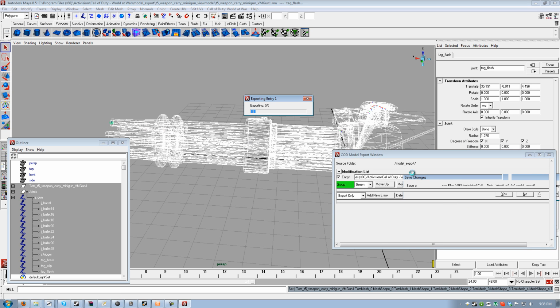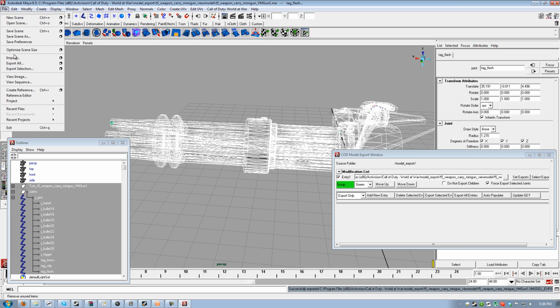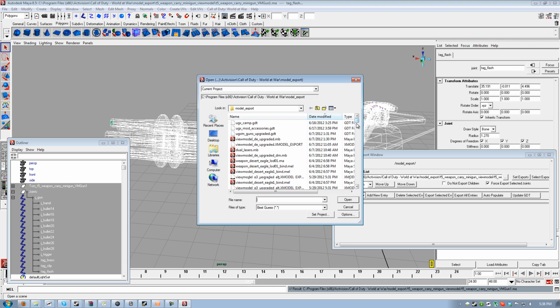Click Yes. You'll see a progress bar. It should go without any errors. And now you can go ahead and save that scene again, and then go to Open, and then go ahead and open your world model